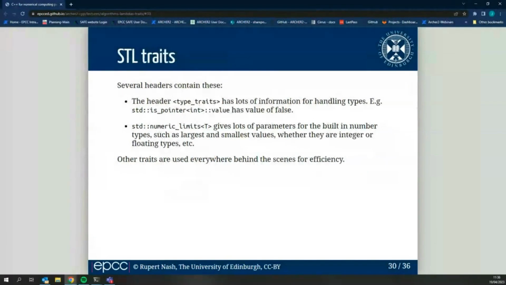So several headers contain these type traits, a lot of information for handling types themselves. So is this a pointer? Has a value of false, if you apply this to an int type. Then you have things like std::numeric_limits on some template T. It gives you lots of parameters for the built-in number types, such as the largest and the smallest values,